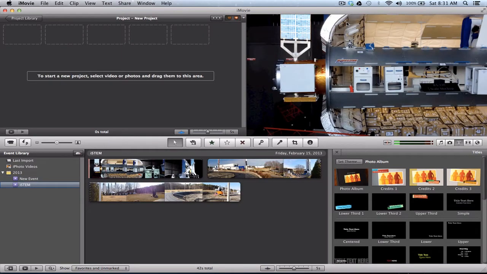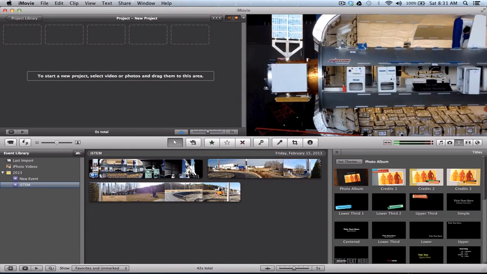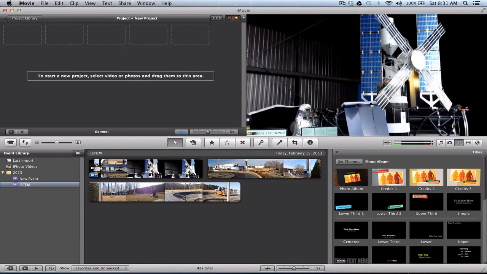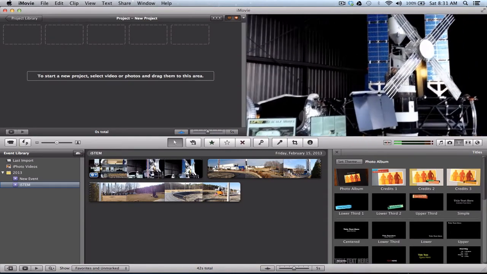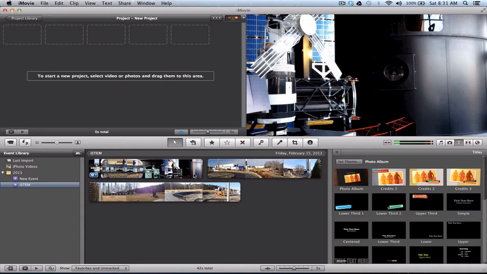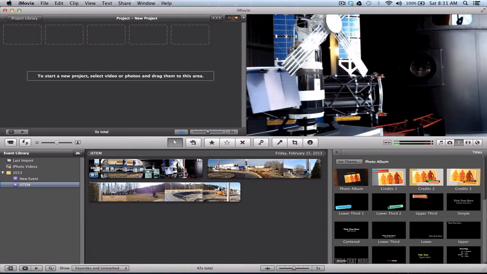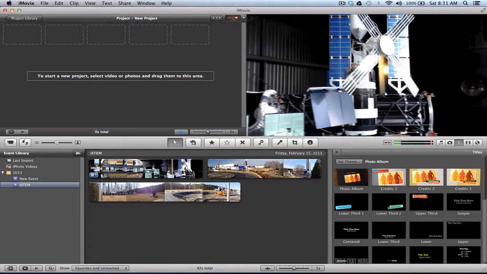Alright, here we go. Now you can see, here are the videos. I can actually play them. This area up here on the upper right side is my preview screen. So any video or still pictures that I mouse over that are in my library down here in the bottom center will show up. And you may notice that there is a red line, and that's kind of where the video is at that moment on the clip. So as I drag back and forth,